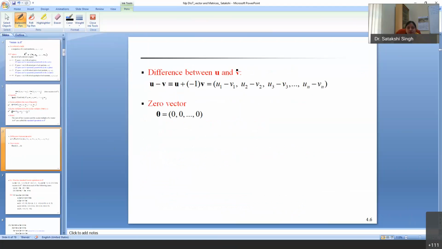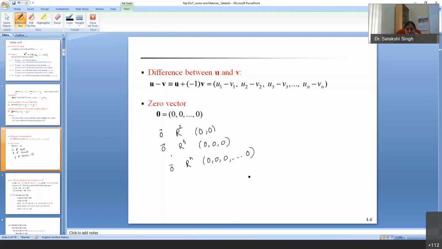You can also define the difference between two vectors just by taking the difference of the corresponding coordinates, and then we define the zero vector. If we define the zero vector in the two-dimensional plane, in R2, then this zero vector will have two components, two zeros. And if we define the zero vector in R3, then it will have three coordinates. Similarly, you can define the zero vector in Rn, and then it will have n components or n coordinates. So this depends upon the space in which we are defining the zero vector,